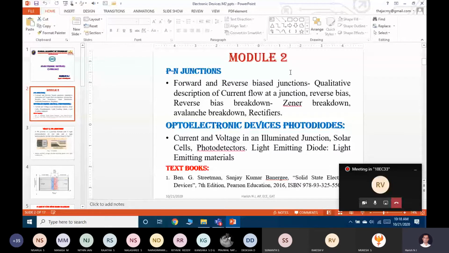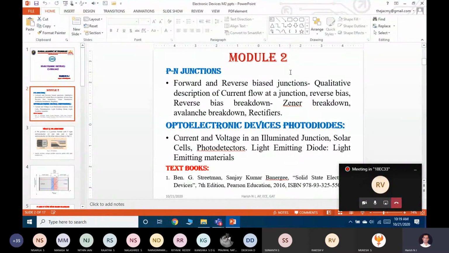Initially it was 0.7. So for crossing the electron, for diffusing the electron as well as the hole, I am going to apply a voltage equal to 0.7 or more than that. That is the minimum requirement for me to turn on the PN junction diode. Now the diode is turned on because you have provided V equal to 0.7 or more. Now I start increasing the supply voltage V from 1 volt to 2 volt, 2 volt to 3 volt, 3 volt to 4 volt.